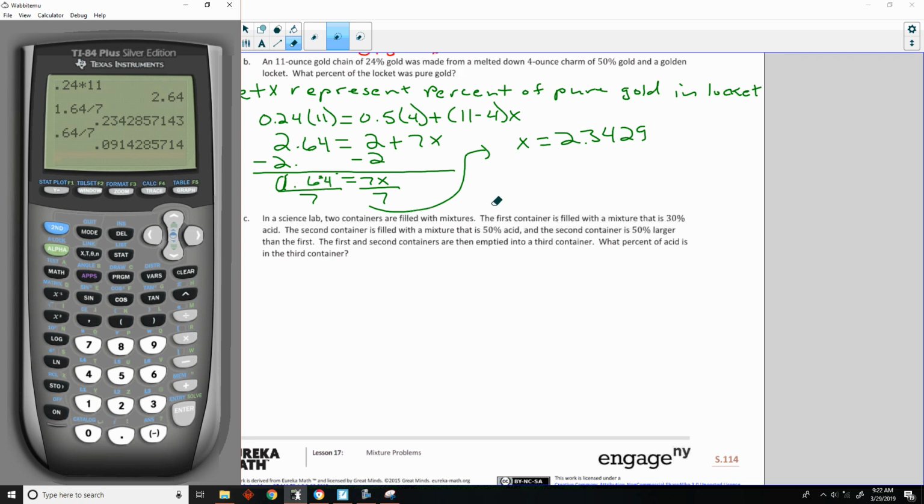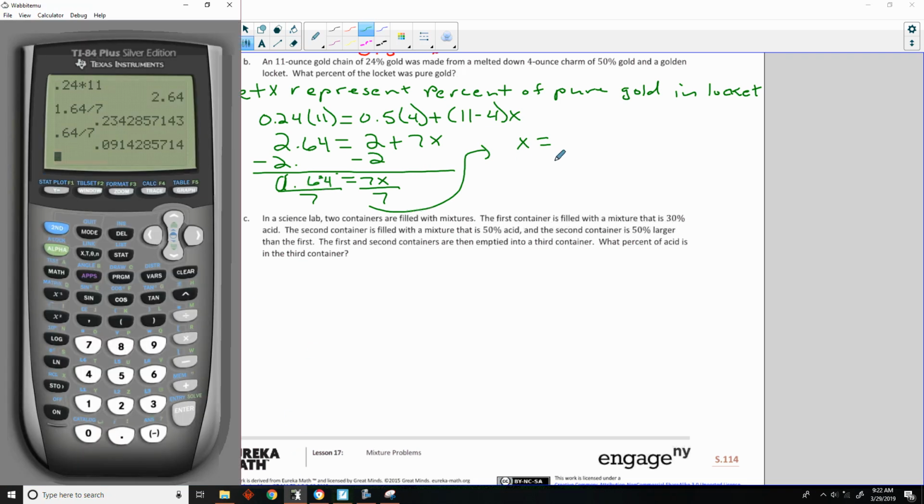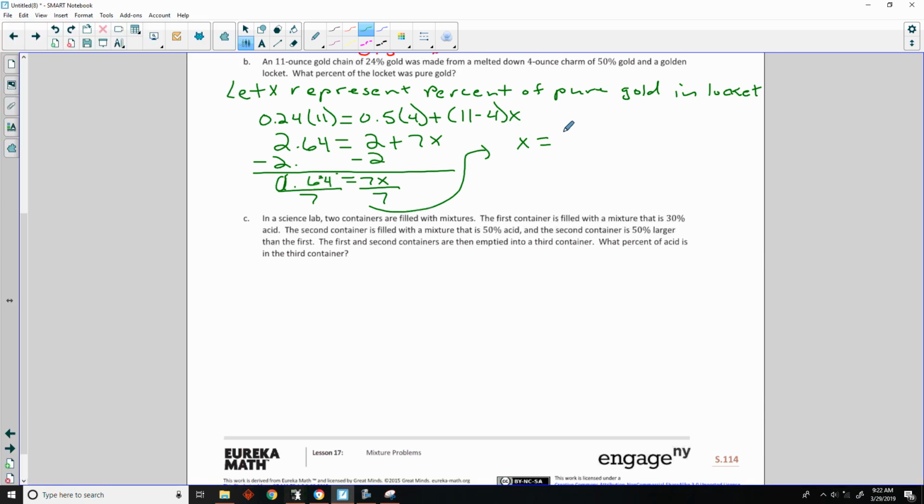Okay. Before I erase this, let me explain why I questioned that. X is the percent of pure gold in the locket. I got an answer greater than 1, and I'm like, what? So then I went back and I noticed that I made a mistake here. You can't have more than 100% pure gold in a mixture. It made no sense to me. So I went back, found that I had made a mistake in my subtraction, and fixed it. And it's 0.914. Or approximately